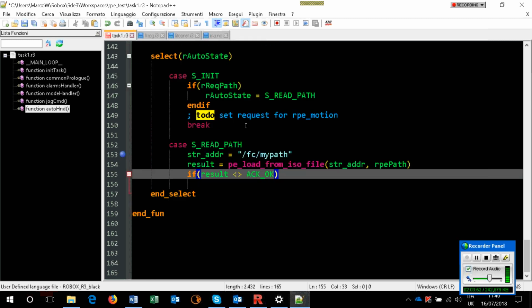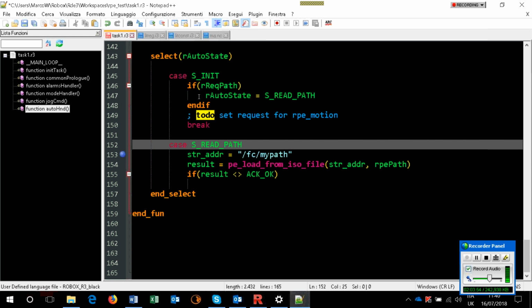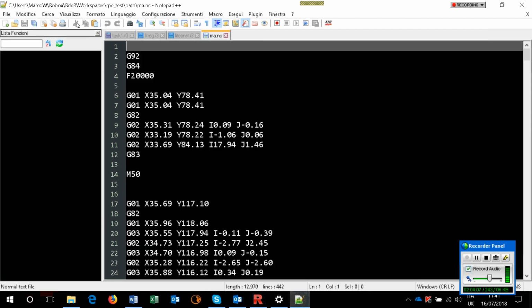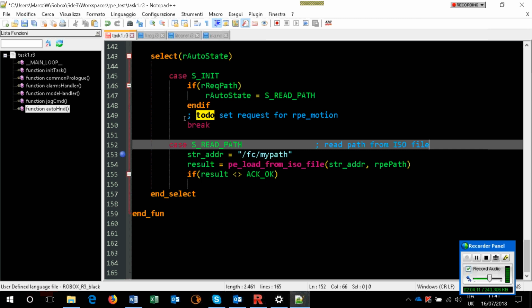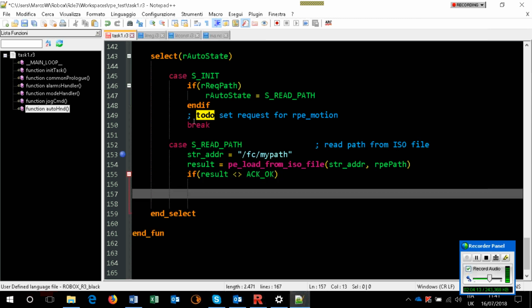So this one is read path from ISO file, okay? The ISO file is the G-code written file, of course. This one is the ISO file. If the result is different from acknowledge, very bad problem. Okay? We say,